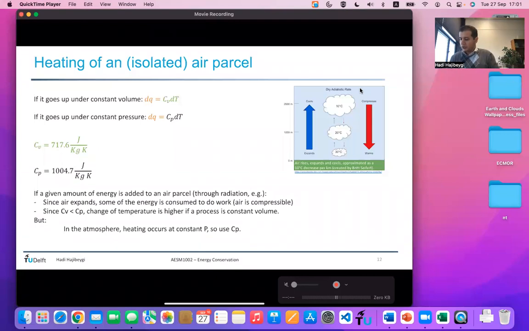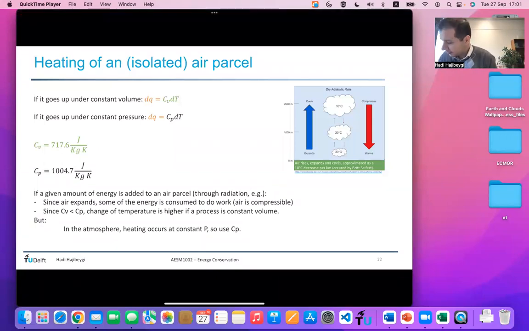Okay, so we just obtained the fact that in the atmosphere, when an isolated air parcel climbs or comes down, it goes through a constant pressure process. And as such, the dq for it would be Cp dT. And so the change of the temperature for it would be smaller than the change of the temperature of an air parcel that would go through constant volume. Since it expands and compresses, it is going through a heat